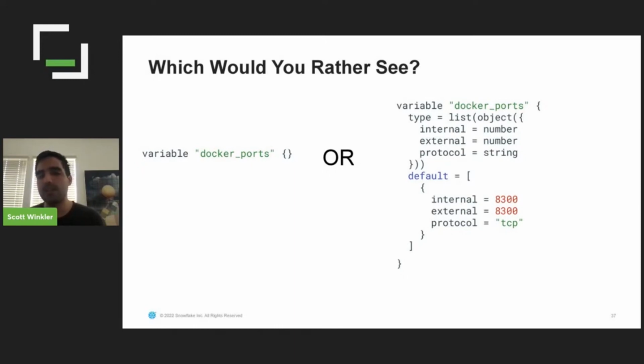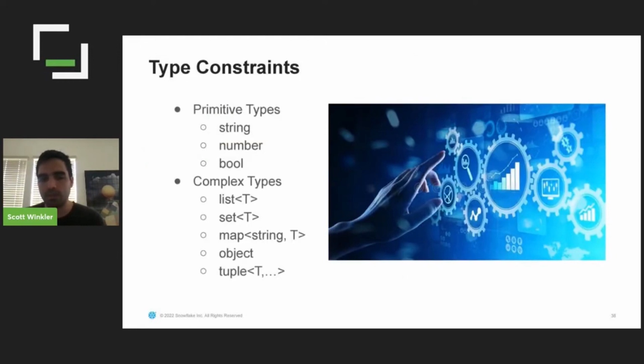Actually, in this case, it might be better to have a set of objects, but a list of objects is fine as well. The sets and maps are useful for doing the for_each expression. Sets are really not too much different than lists, but you do need to use them for for_each. I haven't really found too much use for the tuples, but